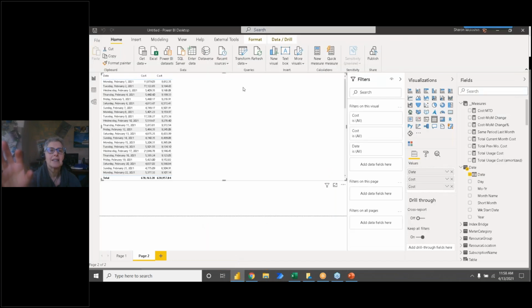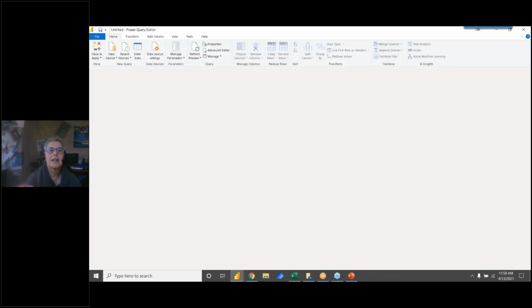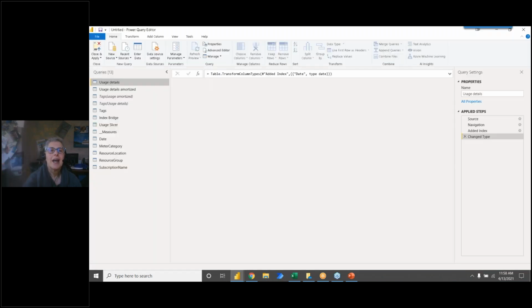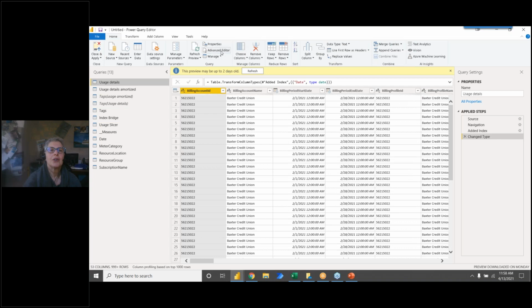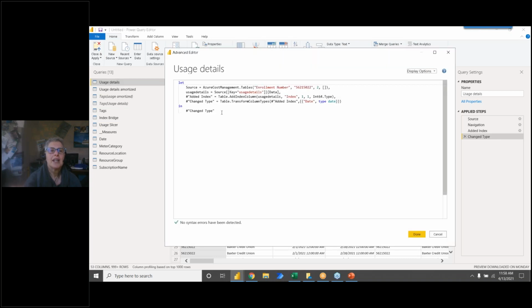So in Power BI Desktop, when you go into the query editor, this is what it looks like. And there's a thing in here called Advanced Editor. And if you go in and you copy everything out of Advanced Editor here with a Control C, and then go over,